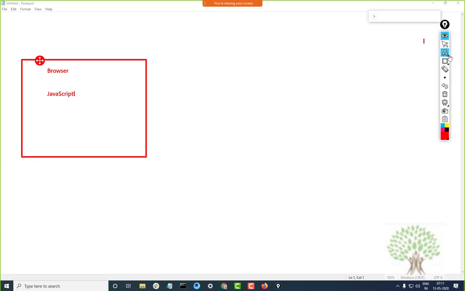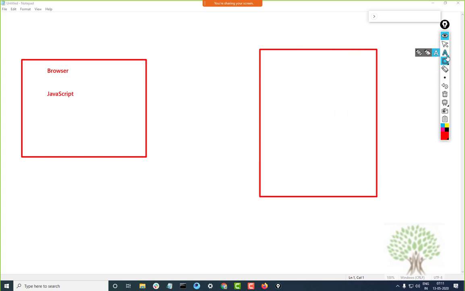Fine, and Selenium as a tool is available in different languages. It is available in Java, Python, C#, Ruby. No matter which language you are writing the code, eventually those code commands convert into JavaScript commands, and these JavaScript commands are fired on the browser.